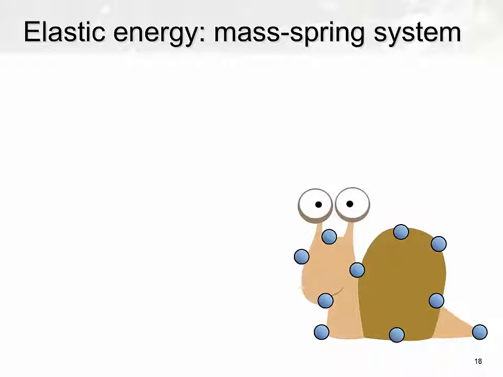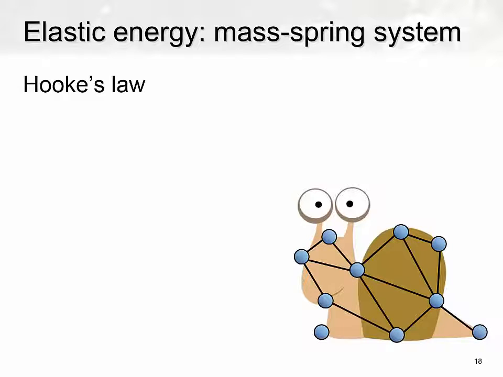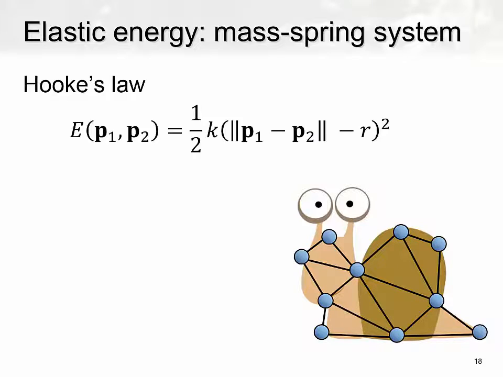So speaking of elasticity, the simplest elastic model is Hooke's law. So we'll start by giving our snail some springs, and the elastic potential of each spring can be described by this simple formula. So if we have a spring and K is the stiffness of this spring, and P1 and P2 are the spring endpoints, and R is the rest length of the spring, then the energy is governed by this formula, which